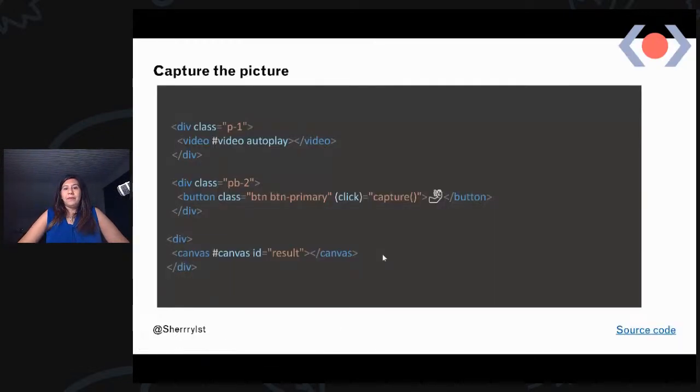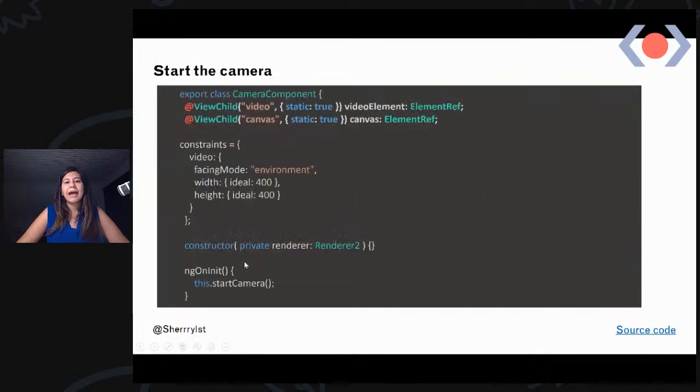So what I did in my simple application, as you could see, is that I had a live video view where I used the native video component, and then I had my simple button, and then I had my result in the canvas. It was in my camera component.